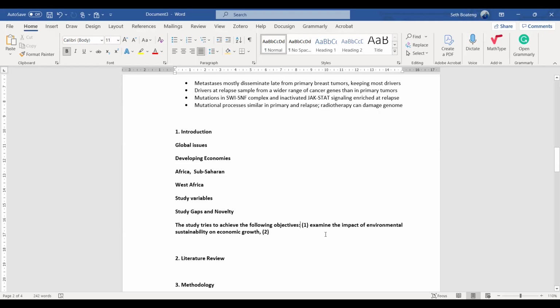One, examine the impact of environmental sustainability on economic growth, and assess the moderating effects of health investments on the relationship between environmental sustainability and economic growth.